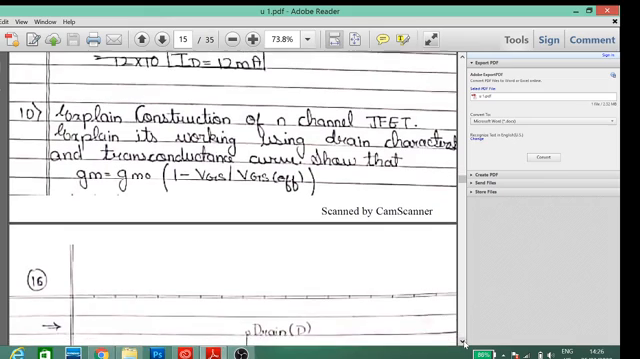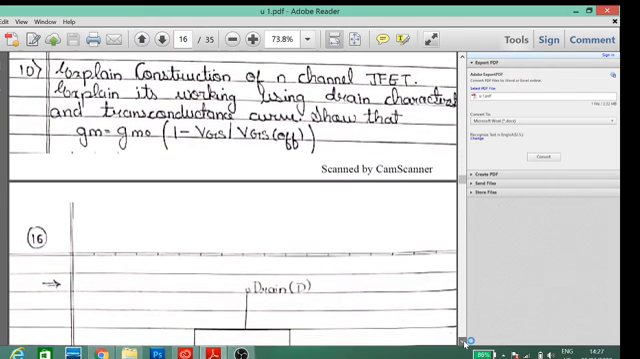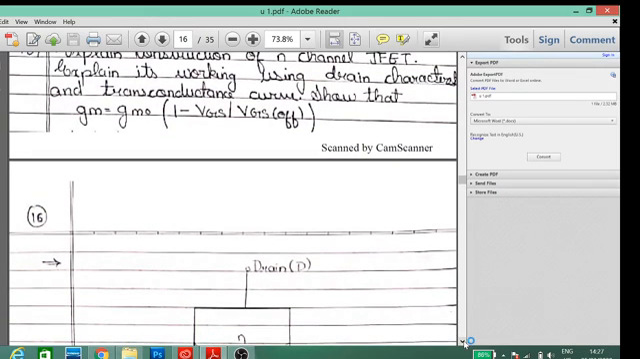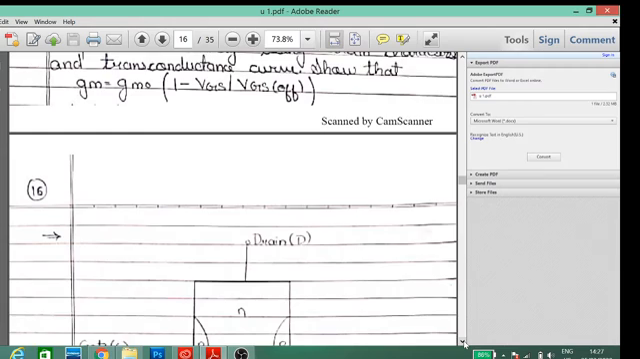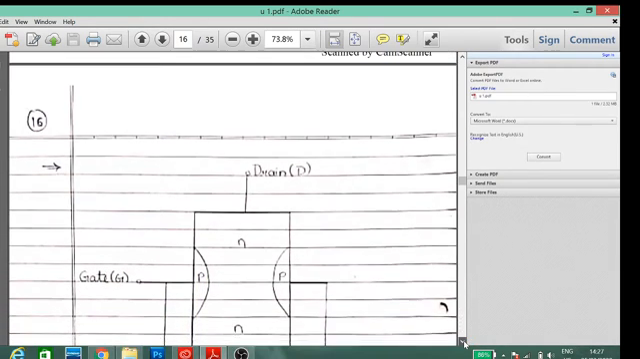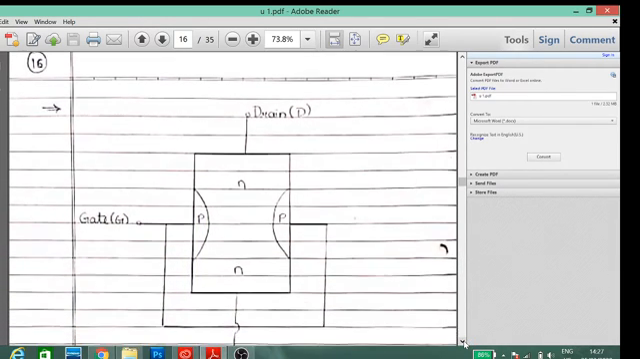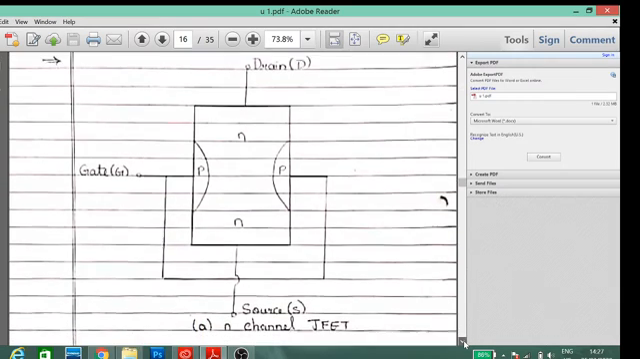Explain the construction of the N-channel JFET. Explain its working using the drain characteristic and transconductance curve. Show that gm equals gm0 times (1 minus VGS divided by VGS off). We will start the question by drawing the JFET